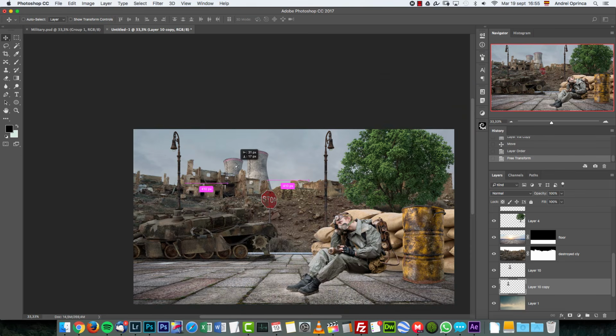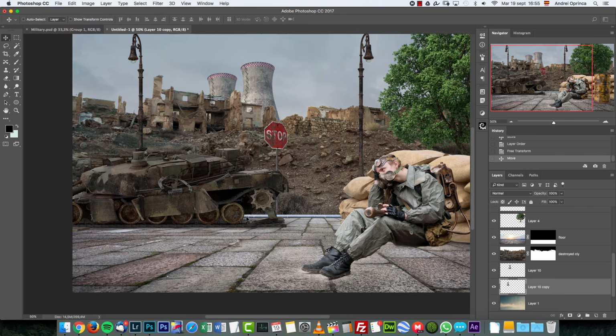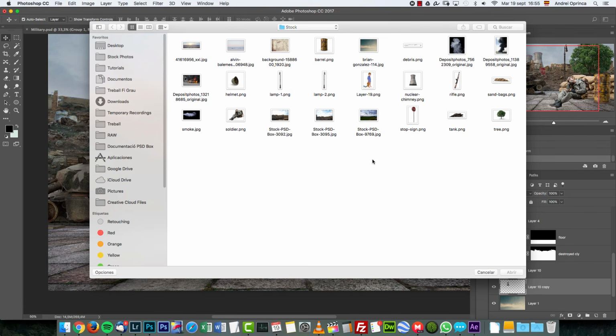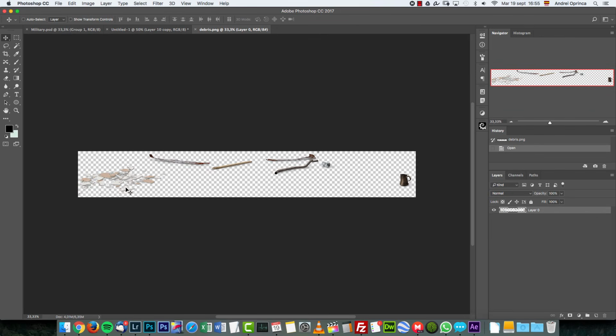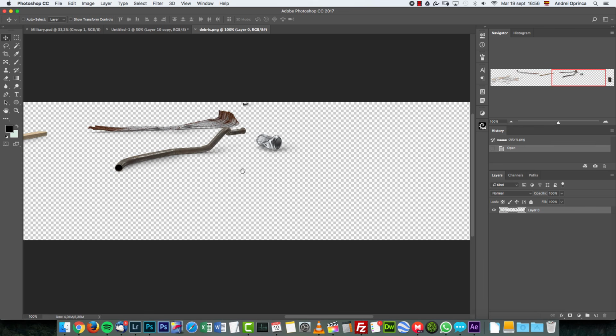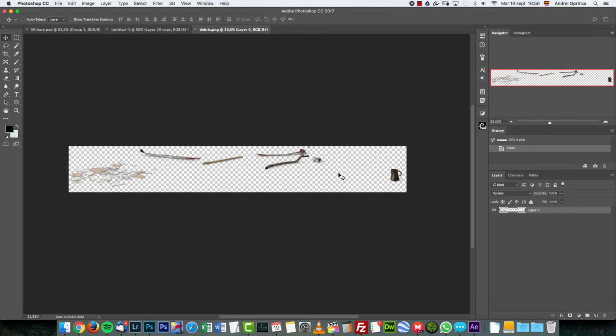Okay, and maybe even more separated like so. And what else? The ground, I also placed stuff on the floor because I thought it was too clean. And actually I saved the image as it is, as you can see here, as a PNG file. You'll have it like this with the shadows and everything, and if you want to use them on something else or on a different distribution, the only thing you have to do is just crop this and place them